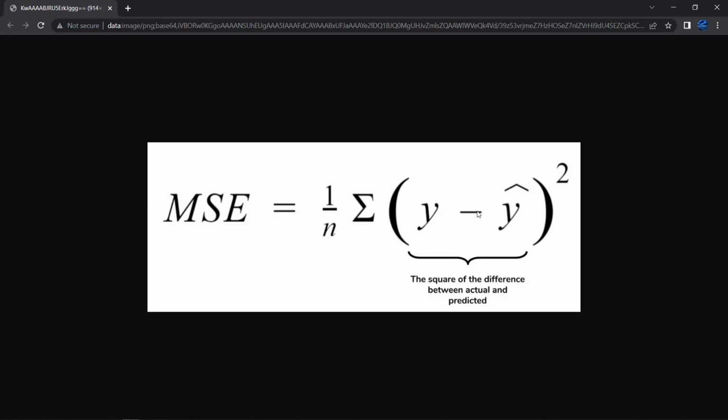So if this is our error function and we were trying to find the minimum of error, I'd have to take the derivative of this error function and set that derivative to 0 to find the local minimum of our error function,